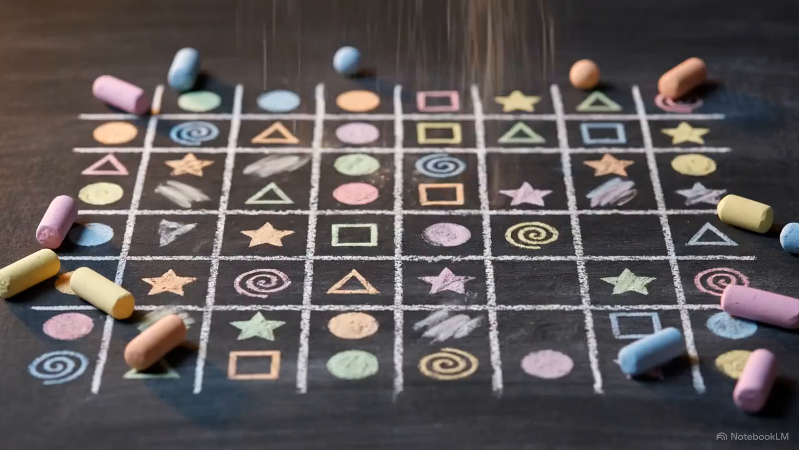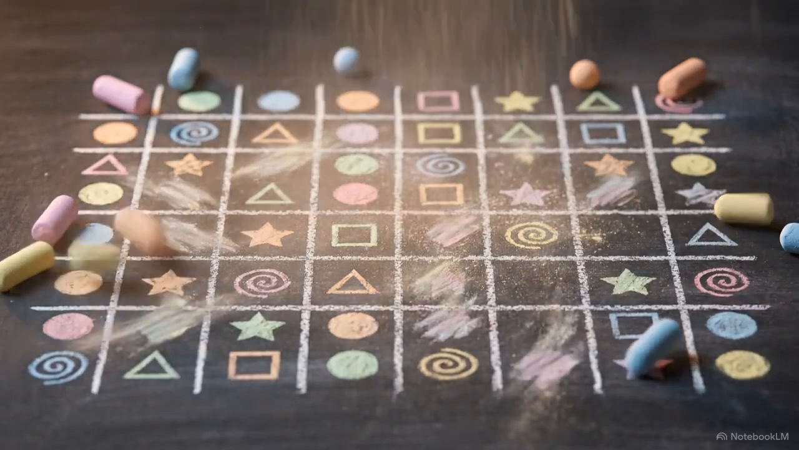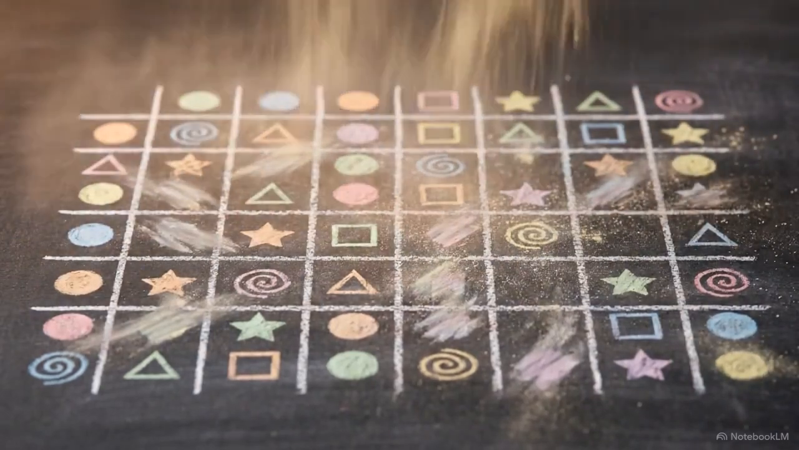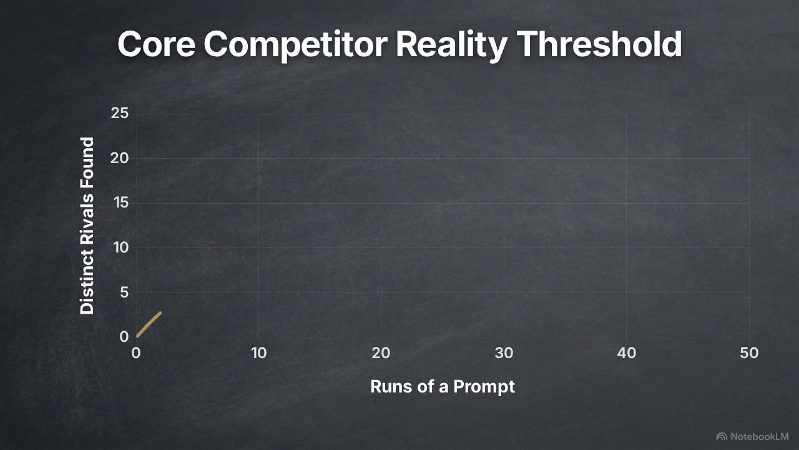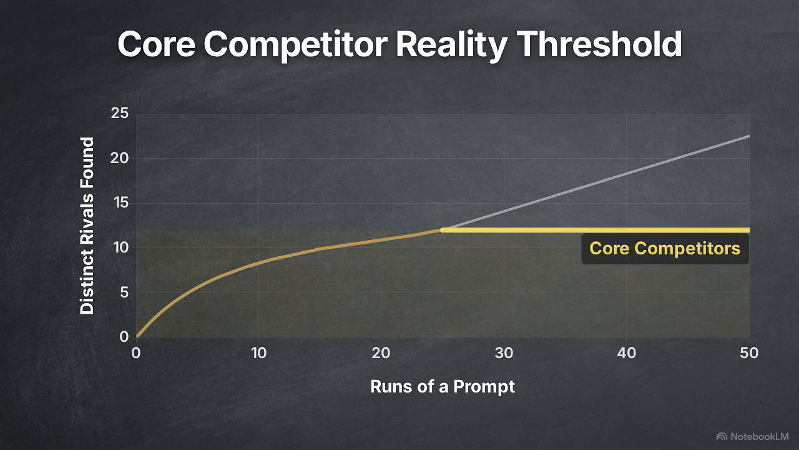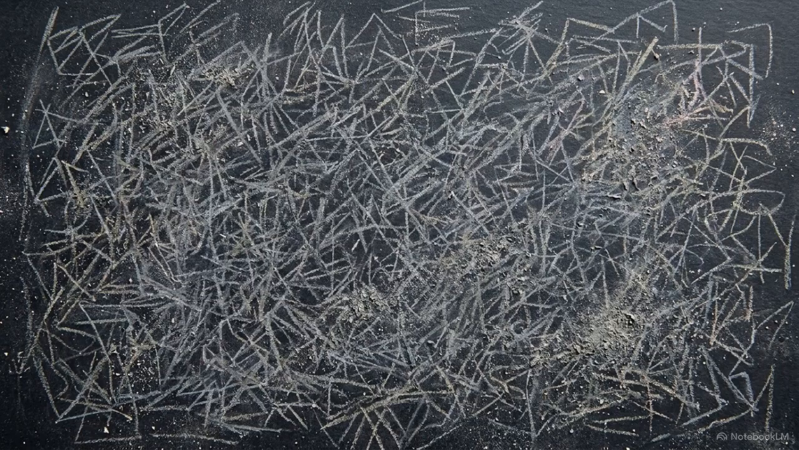If you rely on a single run check, you log whatever random competitor the AI happened to hallucinate in that exact microsecond. This rarefaction curve maps prompt runs against distinct rivals found. As runs increase, the engine continuously generates completely new rival brand names. We can split this data into 2 realities, a climbing upper section and a lower group that quickly plateaus. The climbing upper section is the long tail. This is statistical noise,